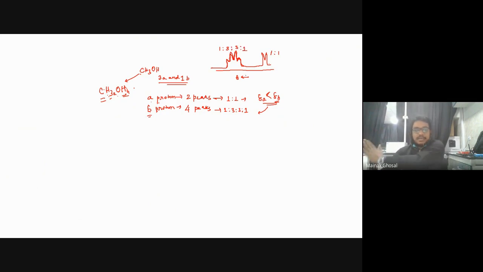So delta value will increase from right to left. Which is for this one? This is HA, and what is this one? This one is HB. Cool. Okay. Now, if water is present,